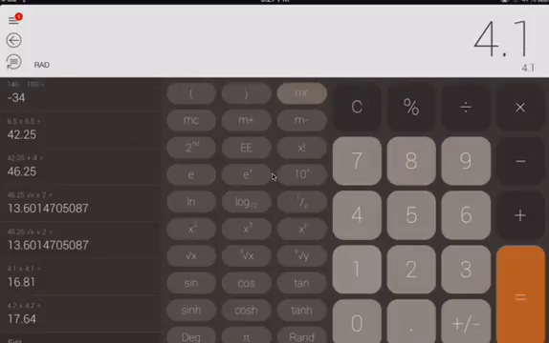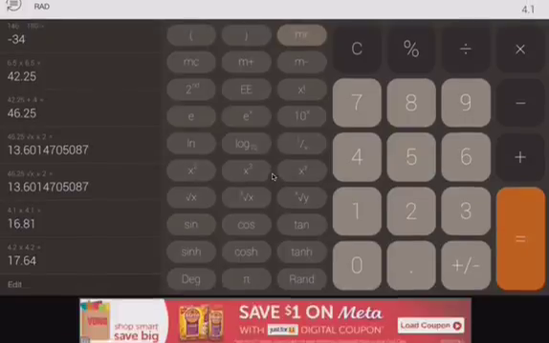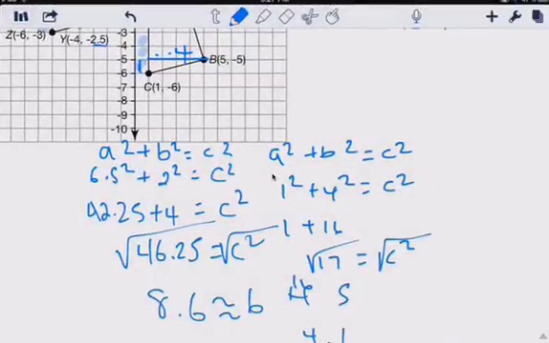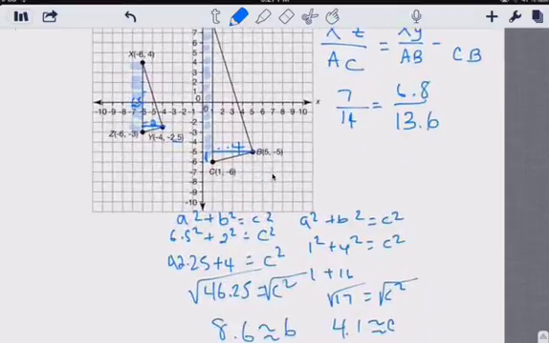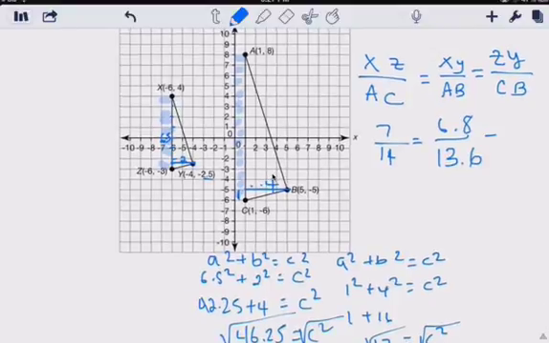So 4.1 is our answer, because it's very close. So the square root of 17 is about 4.1, as we estimated. Okay, so if this is 4.1 divided by 2,